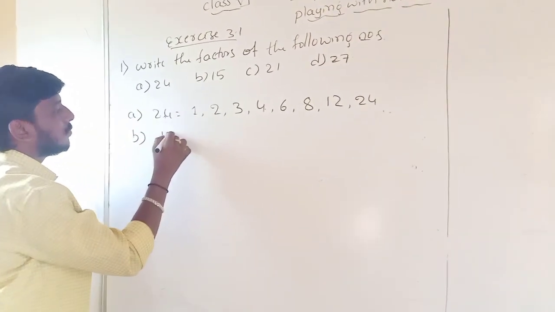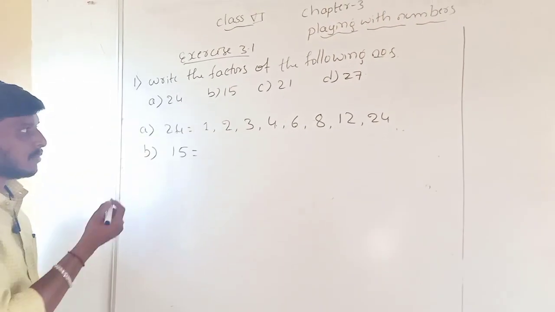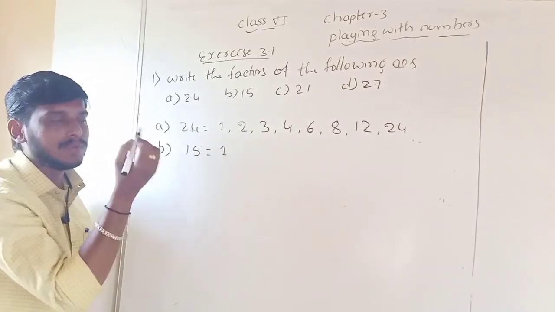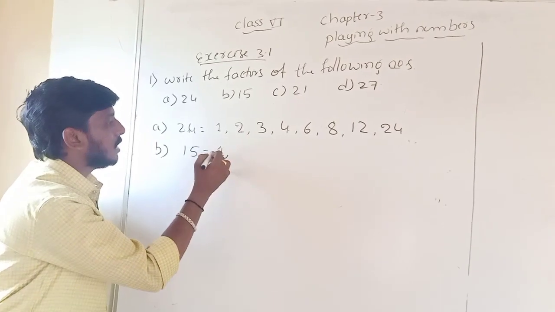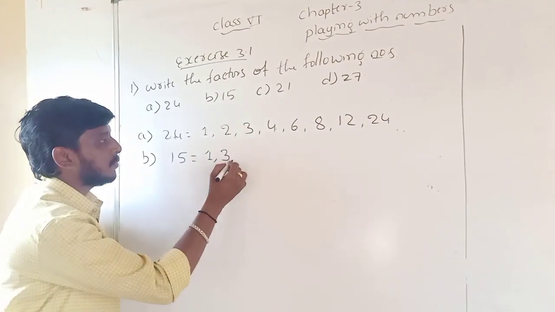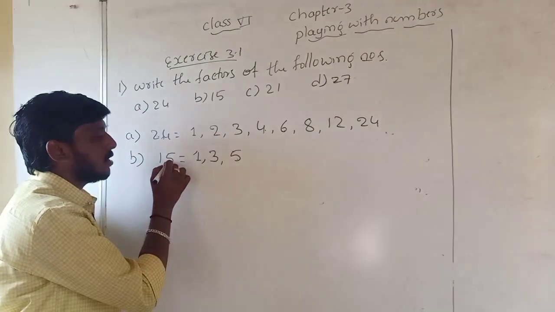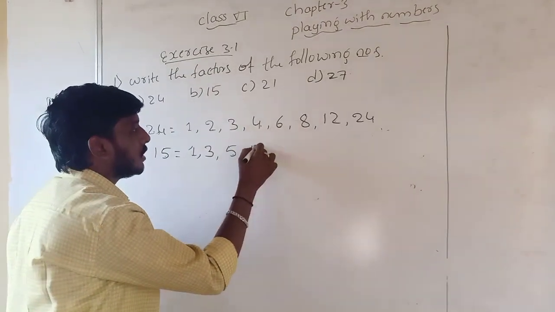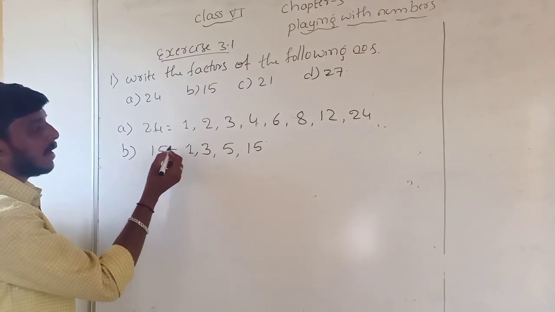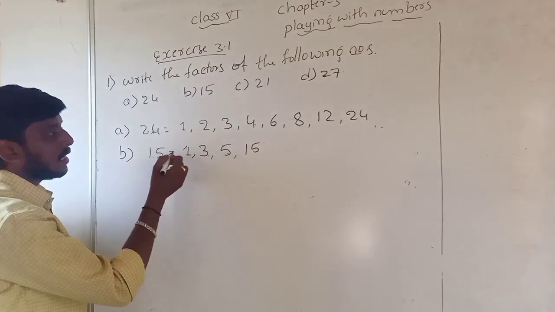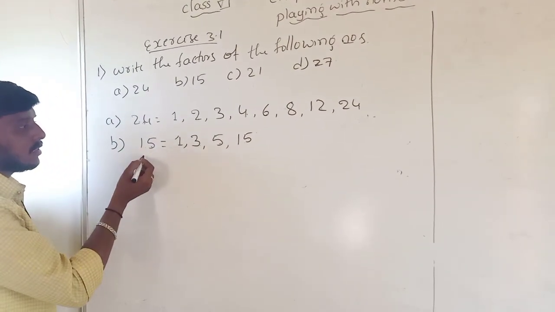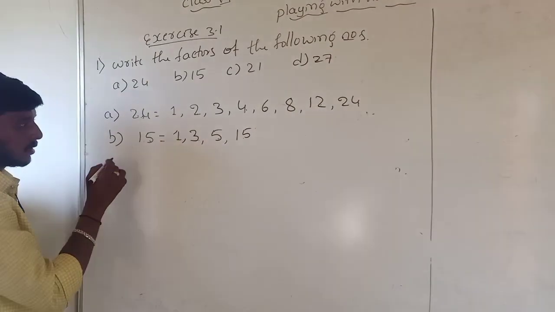What are the factors of 15? So 15 comes in which tables? First, as it is, first one, because 1 is a factor of every number. Next one, 15 comes in the 3 tables: 3 ones are, 3 fives are. Next, 15 comes in the 5 tables: 5 ones are, 5 threes are. And 15 comes in the 15 table only. Okay. So here 15 is divisible by 3, 15 is divisible by 5, 15 is divisible by 15 only. 15 is not divisible by 10, that's why 10 is not a factor.